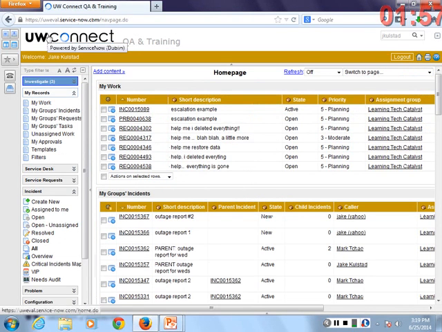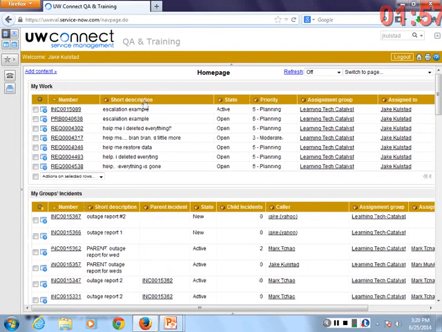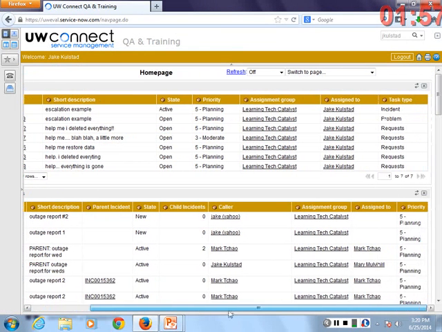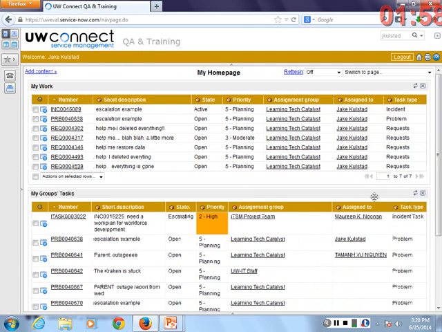If you could all go back to Connect and click on the UW Connect logo. Everyone on the home page with me? So you see, having my work at the top is generally pretty useful, so I can see all the records I've been assigned. This is telling me everything I have to do. I'm going to retain that. There are numerous ways to edit a home page, but I'll just walk you through the process of deleting content you don't want. So if you scroll all the way to the right, do you see these little X's? So you can keep my work and click on an X to delete content you don't want.